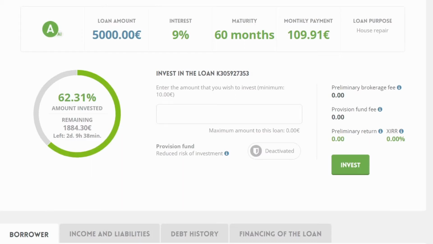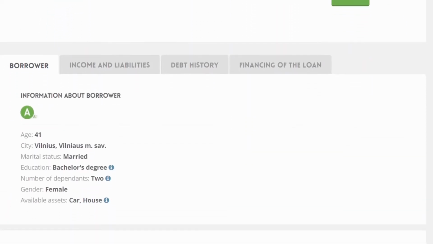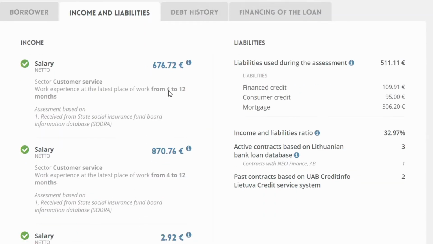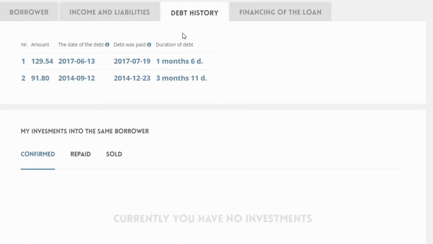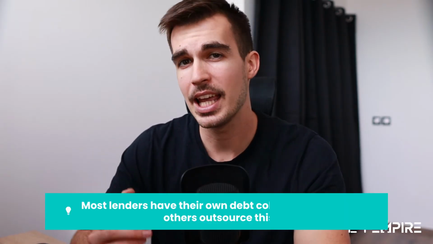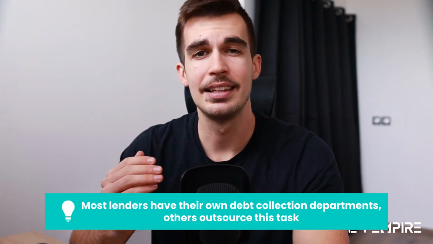Typically, you know more about the borrower's financial situation, as sometimes the platform also reveals additional information like income, age, gender, and the country of the borrower. The lending company does its own credit check of the borrowers to make sure the borrower is able to repay the loan. If the borrower isn't able to repay, the lending company takes charge of the debt collection.